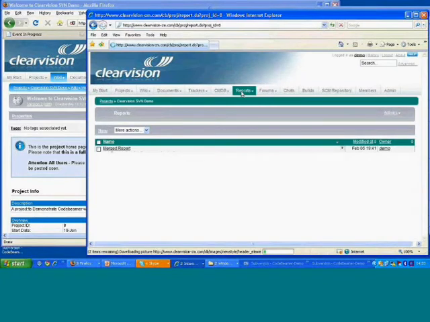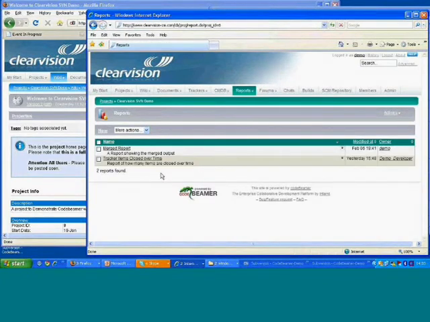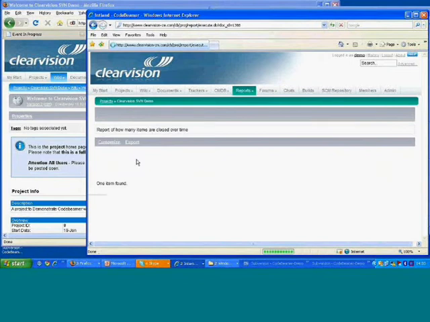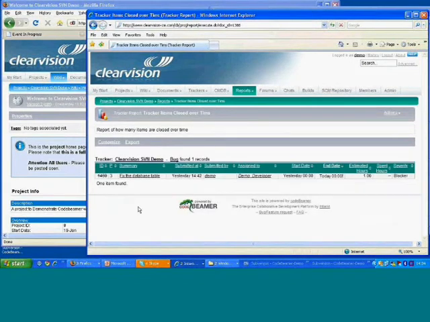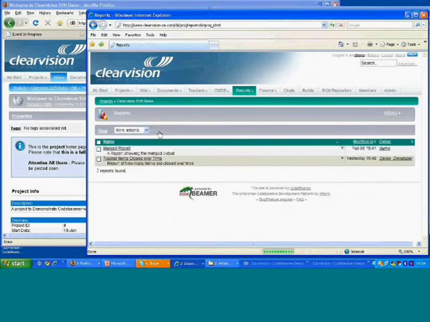Here we have a couple of reports, predefined ones, and I'm going to step through the process of creating a new report as well. But if I run a report, again, I'm not sure exactly what this is going to show me. Okay, very simple report, one particular item that's come up. But to create new reports,